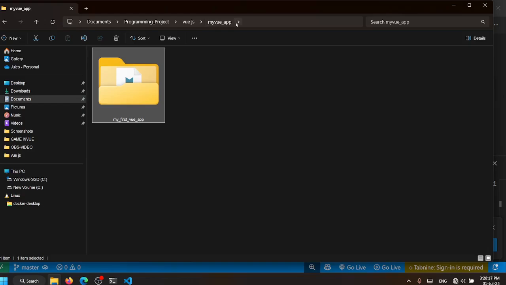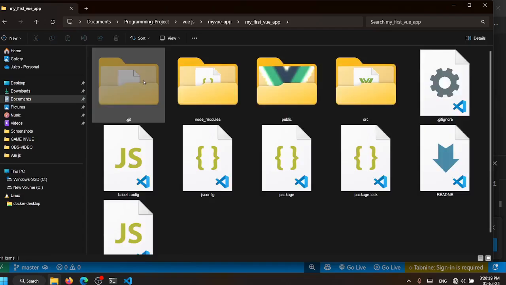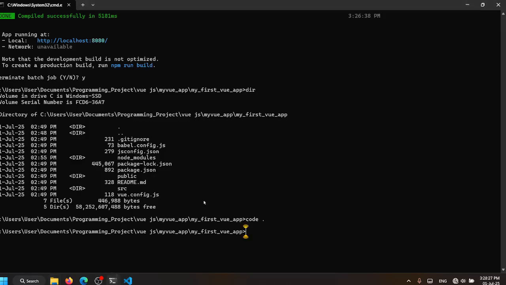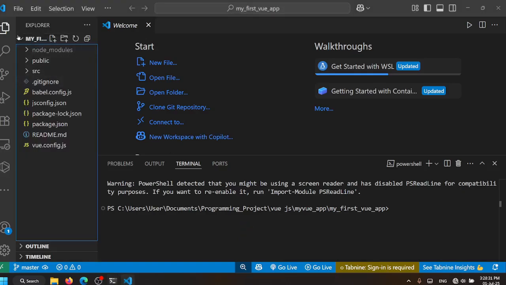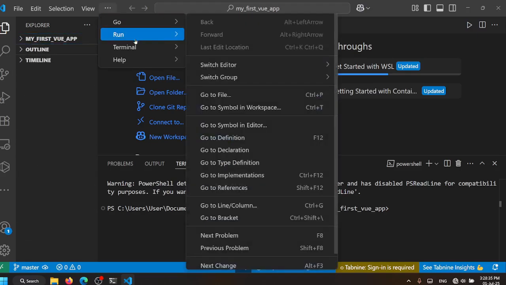One level up is called my Vue app. When I open it, my Vue project and application is called my first Vue app. So here in VS Code also, this is how it is arranged. My Vue app, by opening it on